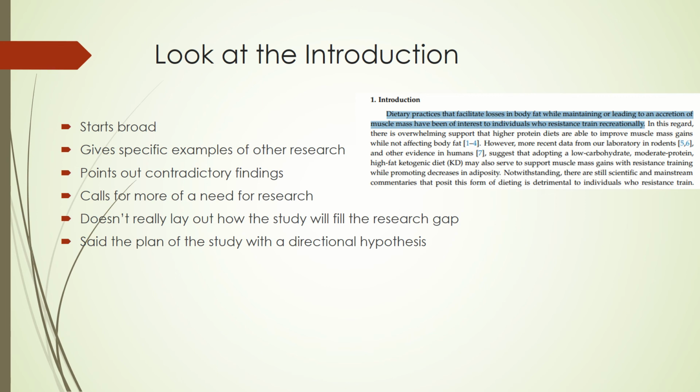So say this, my paper, what I showed in particular is that sometimes, whenever people do a ketogenic or low carbohydrate diet, they don't lose any muscle mass, but other times they do, right? So that's a contradictory finding, and all of that is done in me citing other papers. It's like, so-and-so said whatever, someone else said a different thing, and that actually leads us to the gap in the research overall.